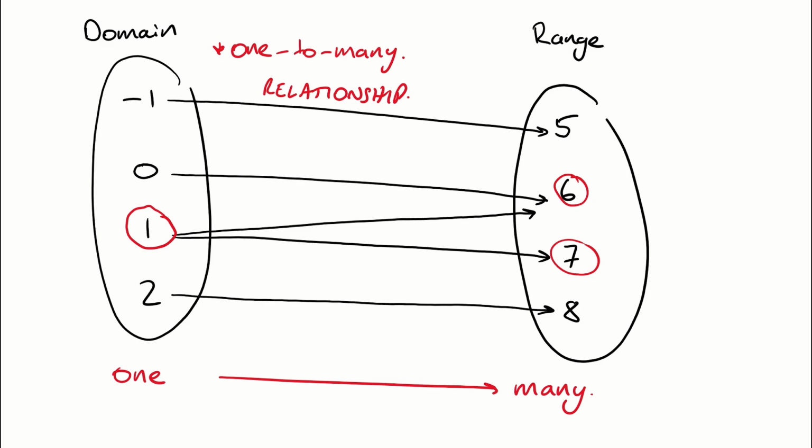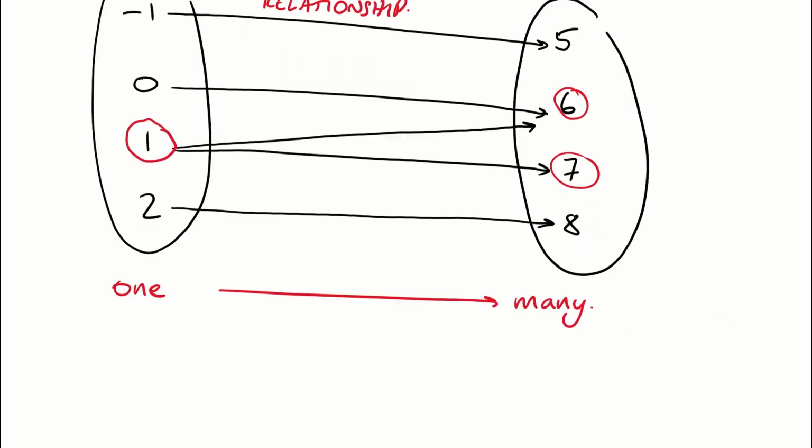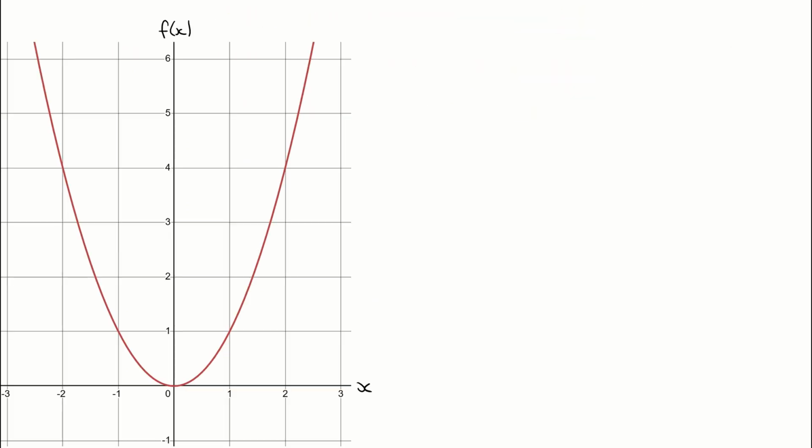What we're going to do now is have a look at these graphically. So we'll come down here. What I've done here, if we go back right to the start of the video, is plot f of x is equal to x squared, that first function that we looked at. Now remember, we determined by using our domain and our range boxes